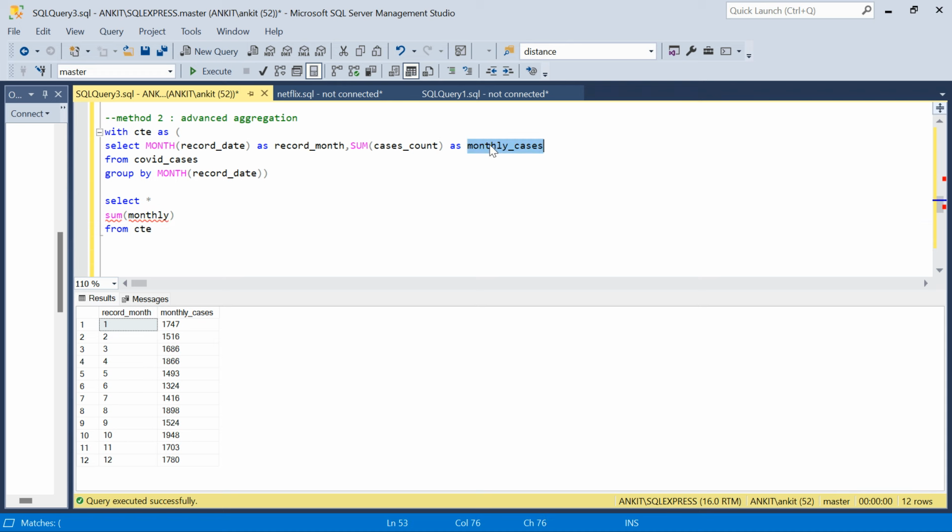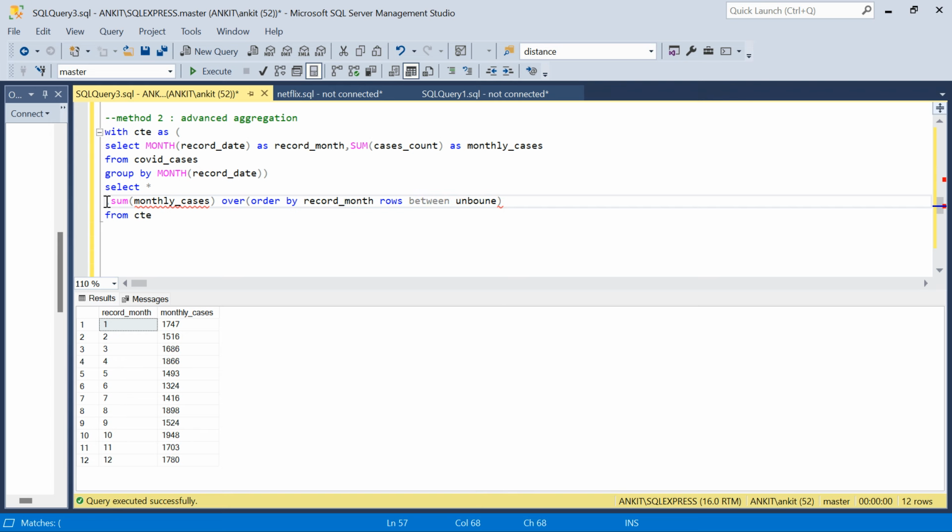Let me copy this. Sum of monthly cases, right? And there should be a comma, then over. Here I will say order by record month, rows between